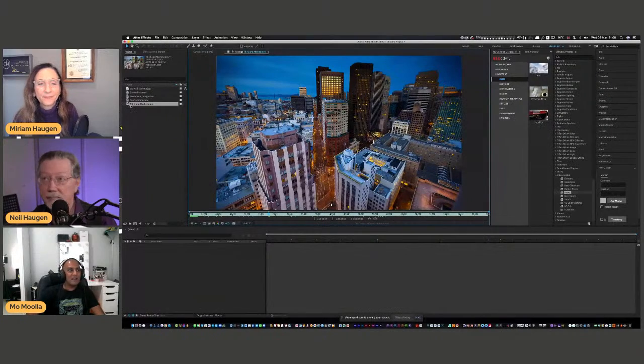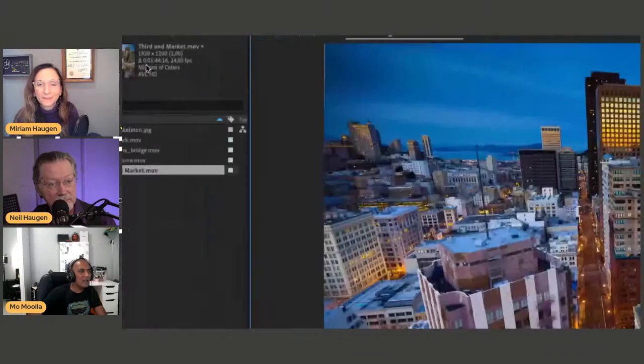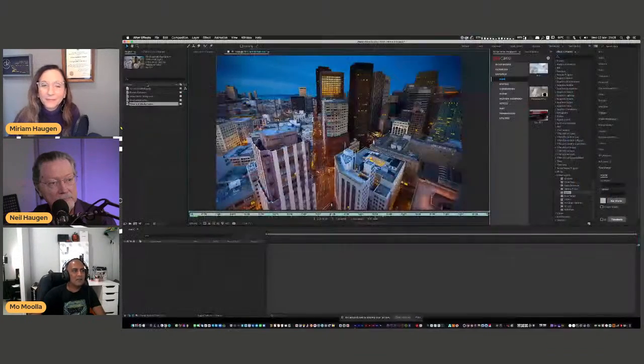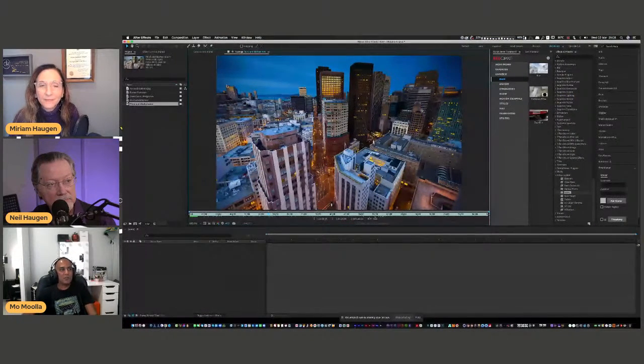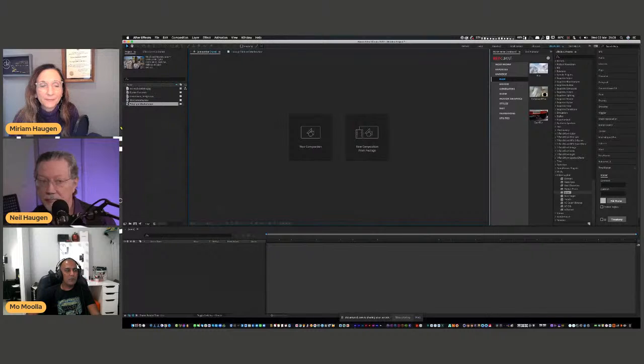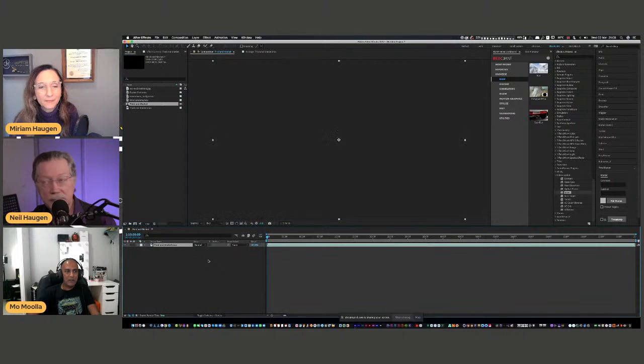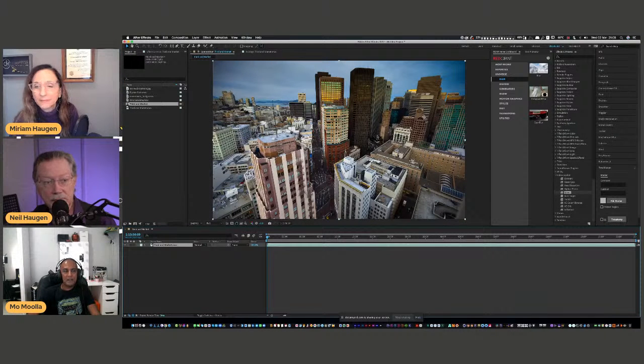These are really big, as you can see. They're 1920 by 1200. They're not that big. The other ones are a little bigger. We want to make a composition from this. Like in Premiere, where you would drag a piece of footage down onto your timeline or into the new sequence window, you would do the same here. It's really simple. Just drag and drop, let it go, and it creates a perfect